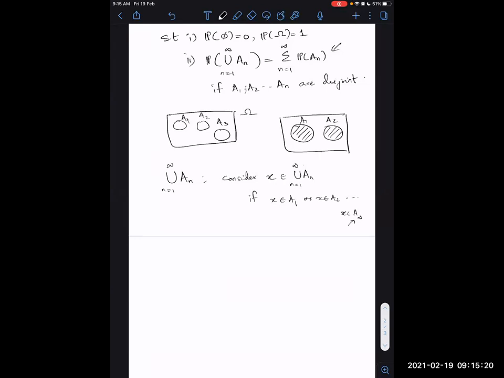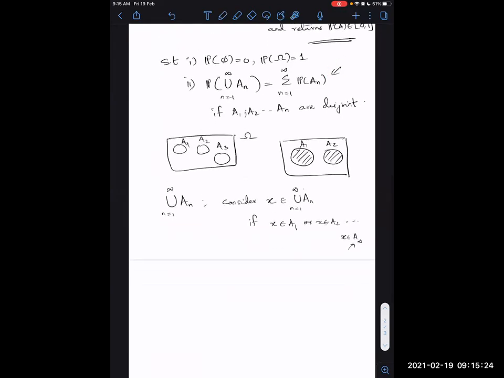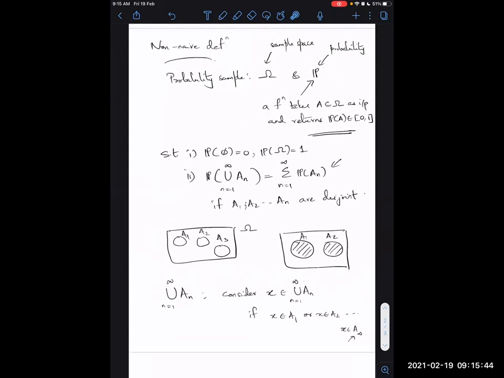So for the simple case, what we'll be looking at is this formula here has to be satisfied for a finite number of cases. Since it's satisfied for an infinite number of sets, A1 through AN, where n is finite, should also be valid. So taking the union of a finite number of disjoint events, the probabilities of these events should add up if they're disjoint. So these are two crucial properties that have to be satisfied for P to be a valid probability function.